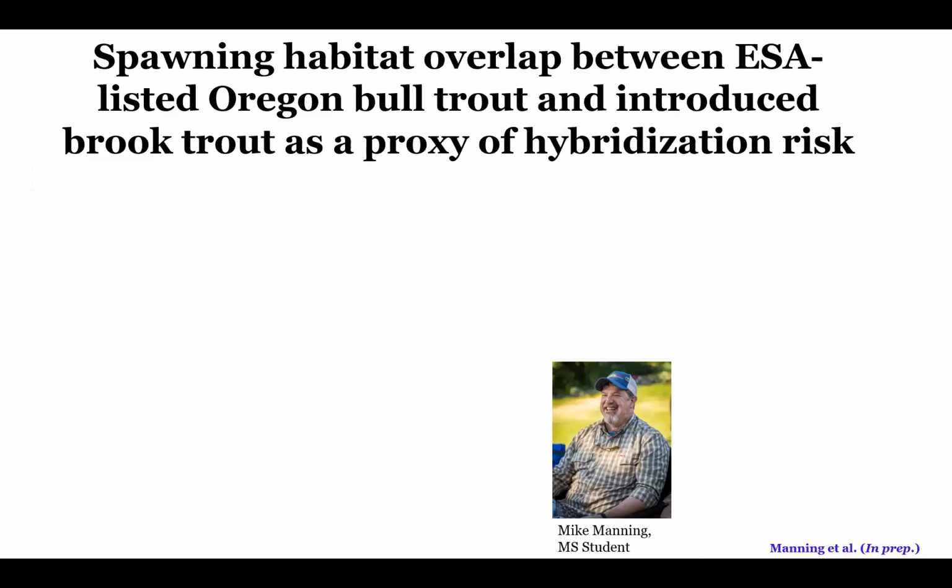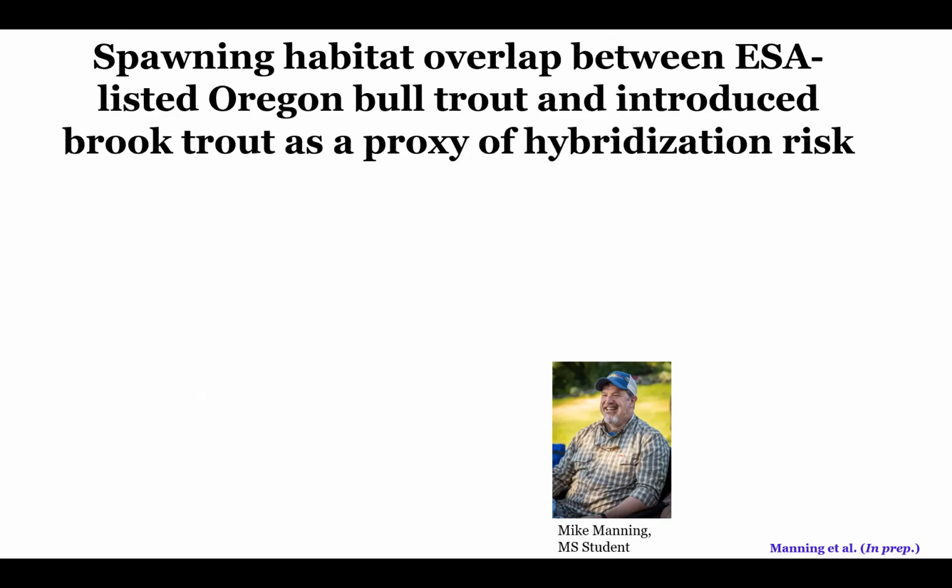So we use this same idea and we expand it to the case when two salmonids are present in the Pacific Northwest. And Jen was talking about the hybridization risk. Most of those studies have been conducted in really specific areas. And we would like to have a map in the bull trout habitat where those hybridizations may occur. And we're talking about bull trout, that's an ESA listed species, and introduced trout from the East Coast, which is brook trout, and they can produce hybrids. So it's a really high risk for the native species.